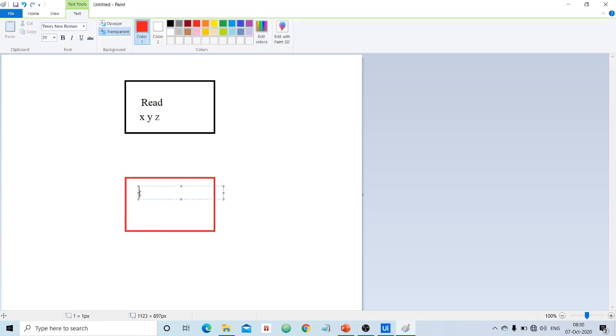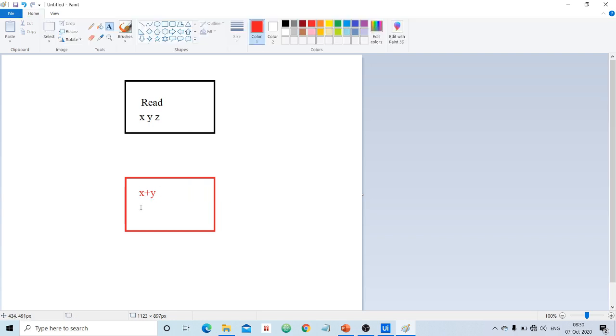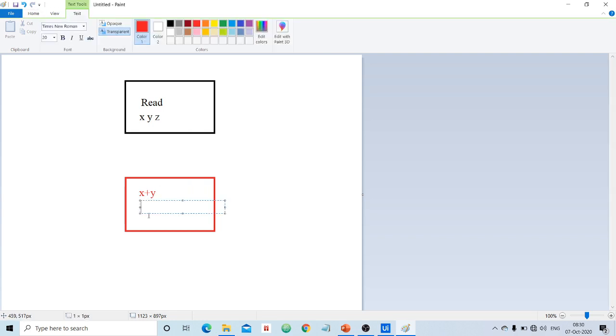Let us say that it has to perform an operation called addition on two variables, let us say x and y. And it has to perform an operation called subtraction on y and z, right? And we shall store the result of this x plus y in a variable called sum, and let us store the result of y minus z in a variable called d, which stands for difference.